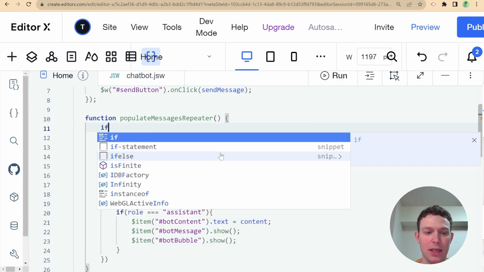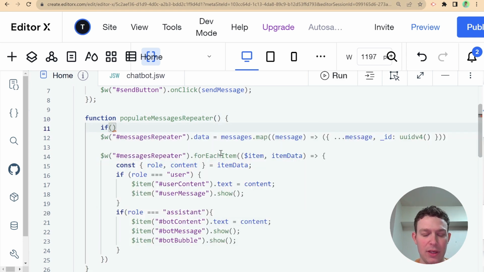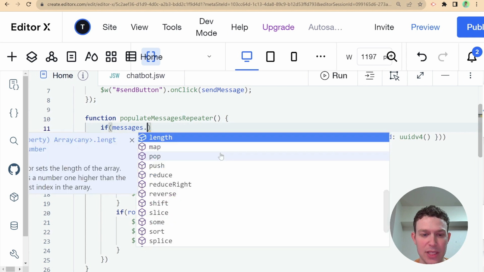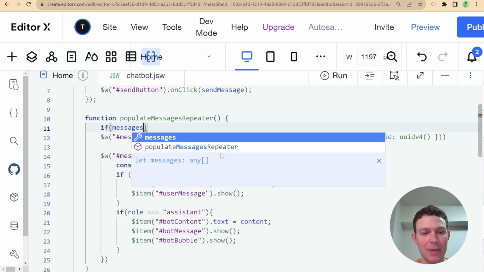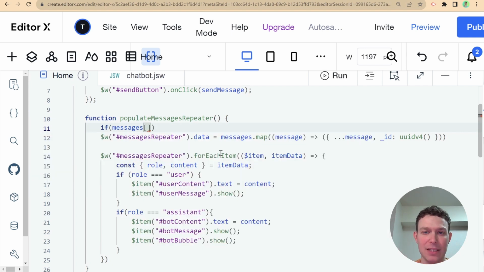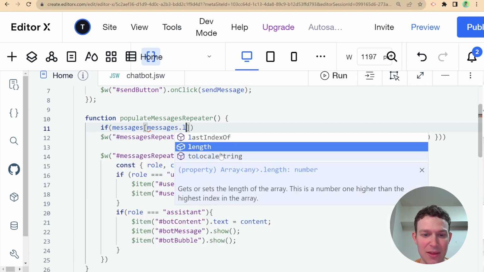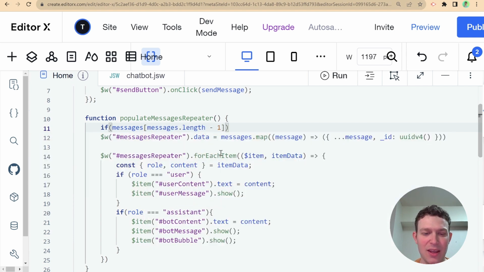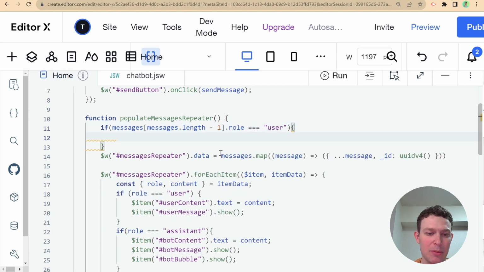And I'm going to add in a condition here that if messages, so I'm going to select the last message, which is always hard to do in JavaScript. So I'm selecting the index of messages dot length minus 1, and if that dot role equals user, then